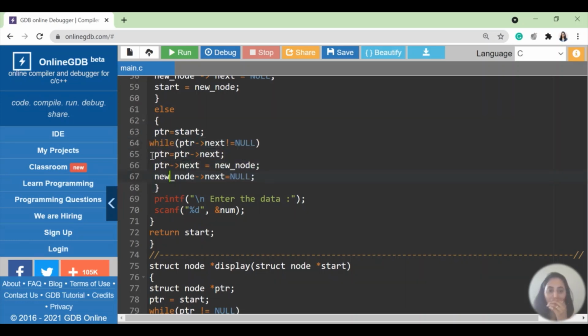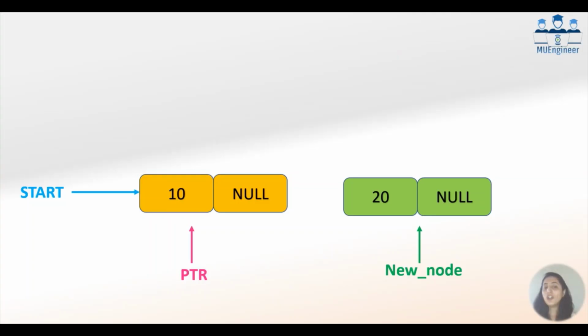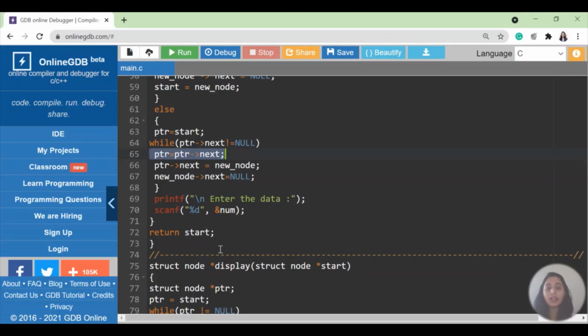So the while loop is only one line. What the while loop is checking is, as long as ptr's next is not null, keep moving ptr forward. I will check. Currently my ptr's next is already null. Yeah, you see here this ptr's next is already null. So in this case, I am already at that condition, so I will come out of the while loop. I will not do ptr is equal to ptr dot next because my while loop became false, so I am going directly from line number 64 to line number 66.